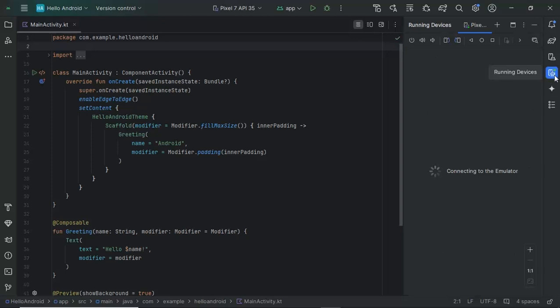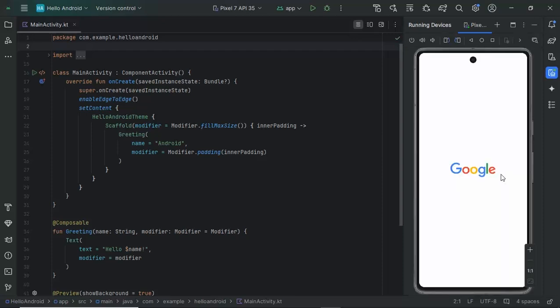So this Android Studio is trying to connect to this emulator. Like I said before, it will take some time because we're doing this for the first time. But after that, on the consecutive runs, that will not take that much time, and you will see that. As you can see, our emulator is starting from scratch, just like we brought a phone from the market and